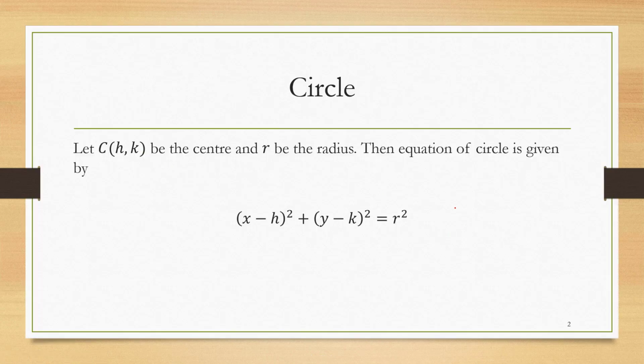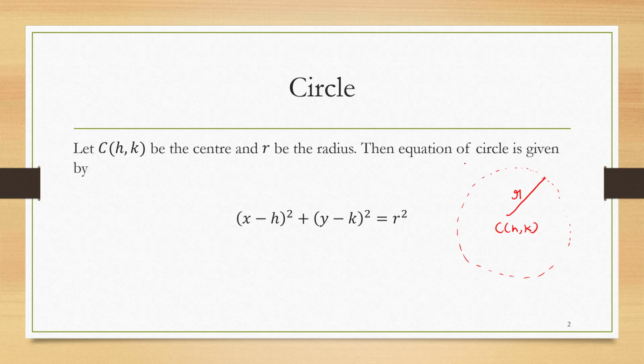Let C(h, k) be a fixed point and r be a fixed distance from this point. Now, suppose we move at r distance from this point and we are moving along this at r distance from this point. See, our footsteps will create a figure like this, which is called a circle. So, circle is the locus of all those points which are at a fixed distance from a fixed point. This fixed point is called center. Let's say C(h, k) is the center and r is the radius.